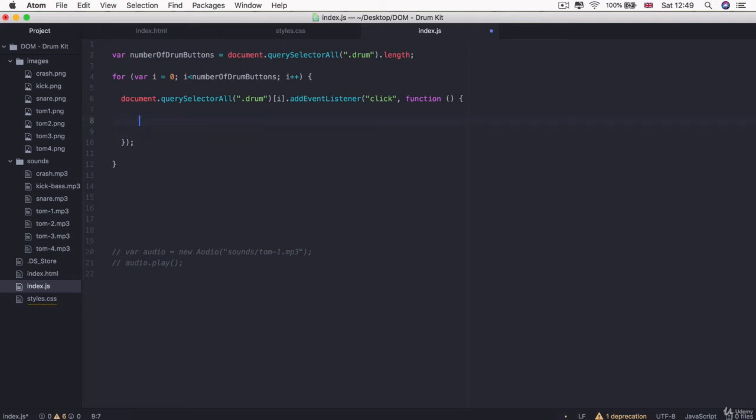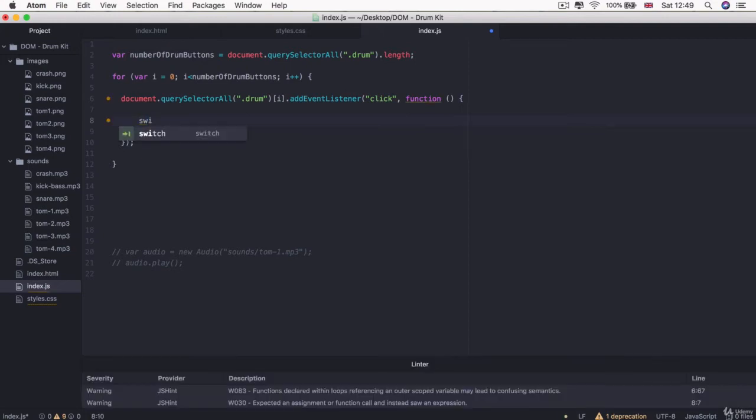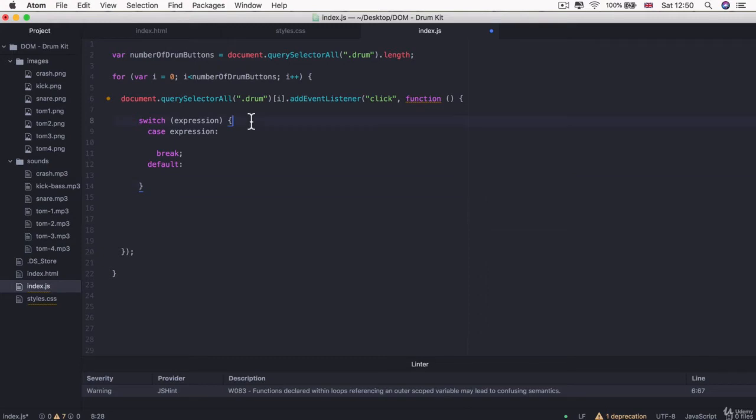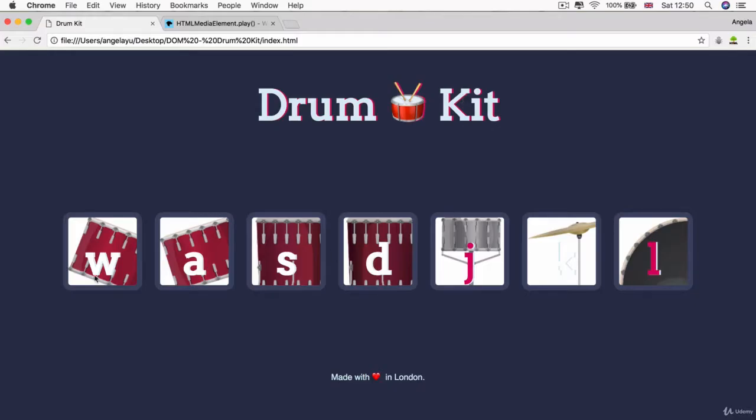So let's delete this line of code and start writing our switch statement. Now, inside Atom, as soon as you start writing the word switch, our autosuggest will helpfully give you the skeleton of a JavaScript switch statement. So if you hit enter, it'll give you the bare bones of what it should look like. You can see the keyword here, instead of if, is switch. And then afterwards, we have a set of parentheses, which includes the expression, or the thing that we're going to switch on. And in our case, we're going to switch on the letter that is inside the inner HTML of